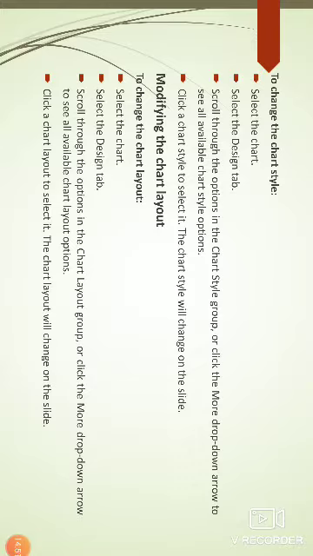Next, select the Design tab. Scroll through the options in the Chart Layouts group, or click the More drop-down arrow to see all available chart layout options. Click a chart layout to select it. The chart layout will change on the slide. Next, moving to the next slide.